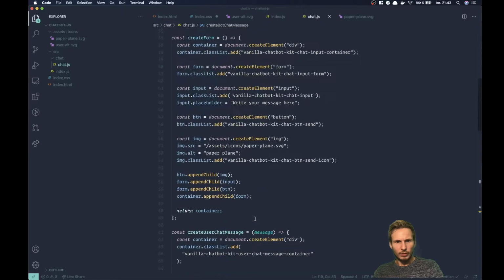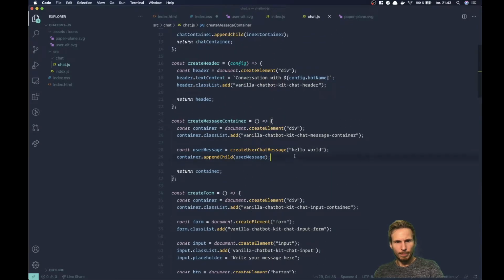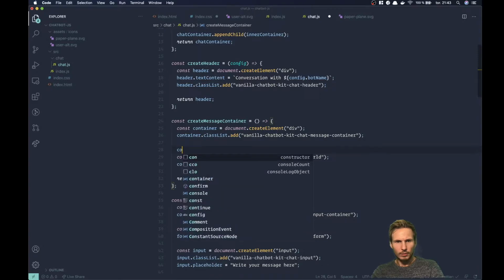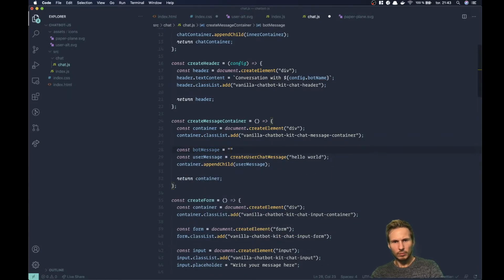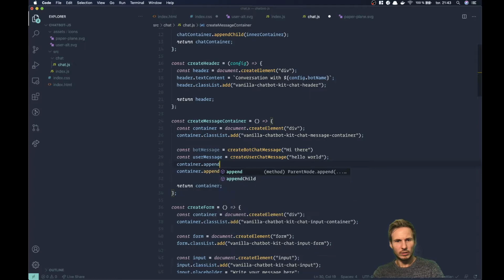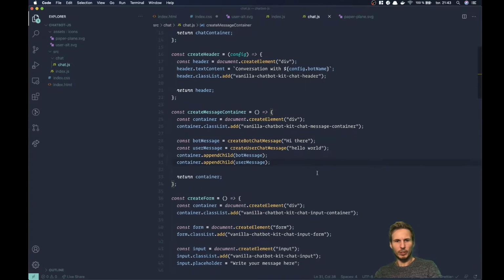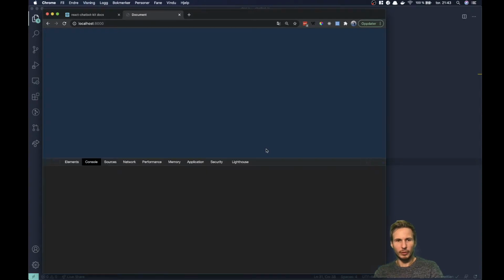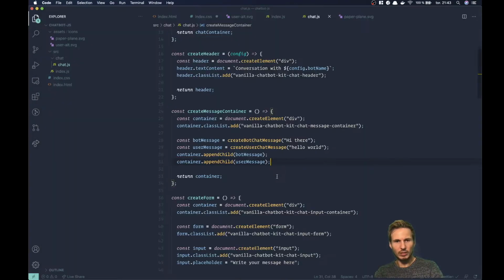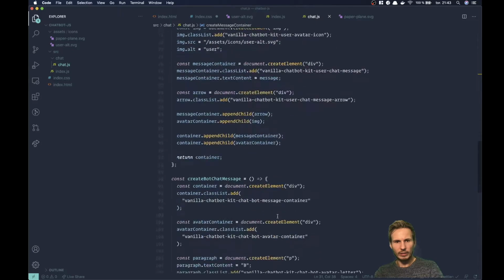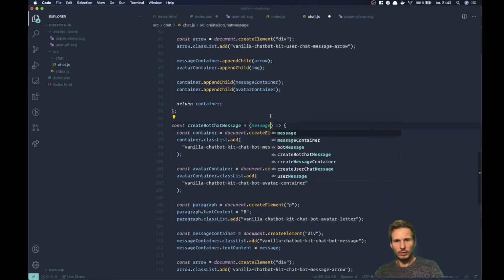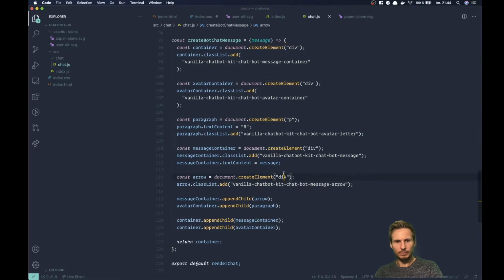And if we go up here and add the bot message, let's see where this is going to lead us. We're going to have a spectacular break because message is not defined, and that is true. So let's put the message in,